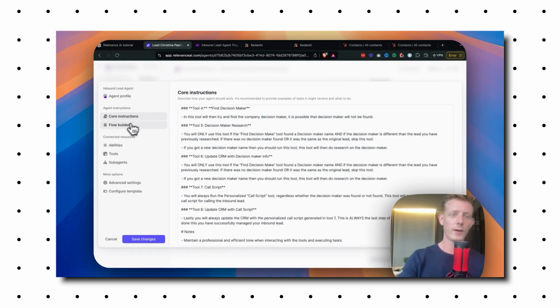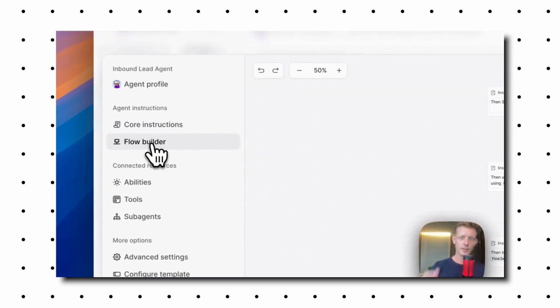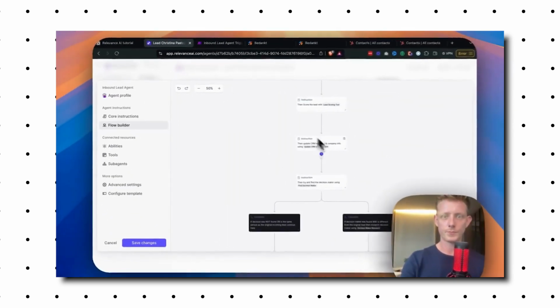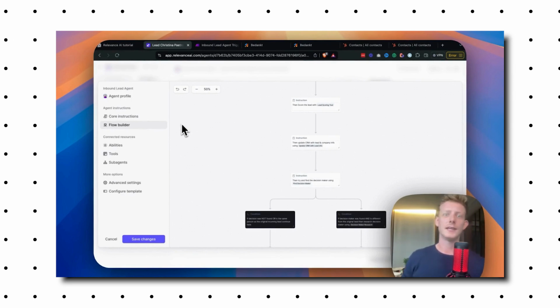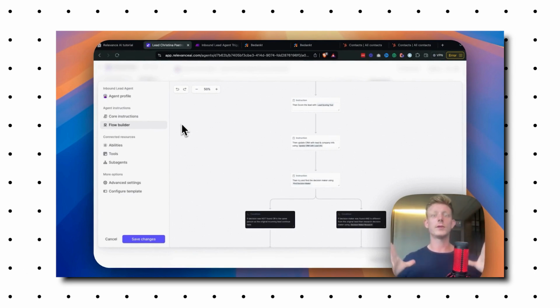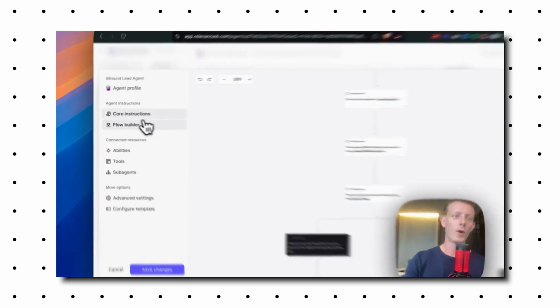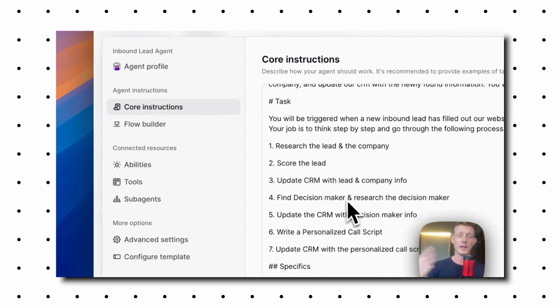Now here's another very good feature, I think, which is the flow builder. Because as I said, the most important thing for these agents is that it follows sort of this flow the right way, right? And although we're giving that information already here in